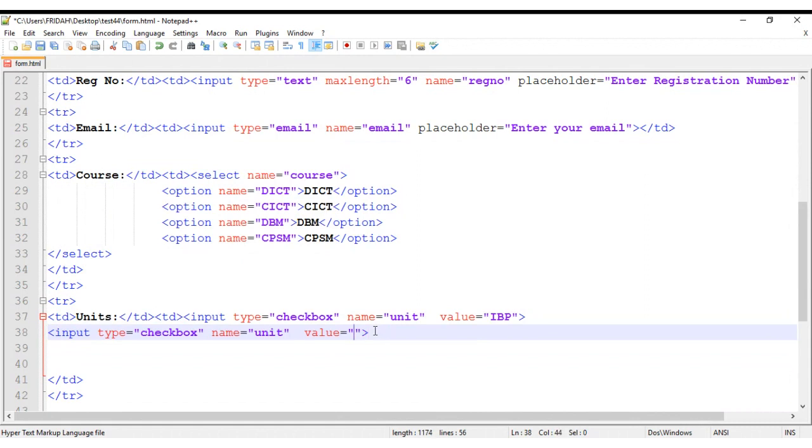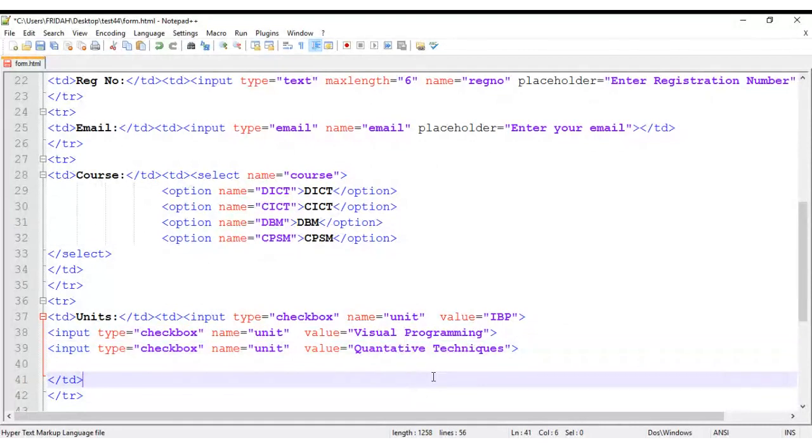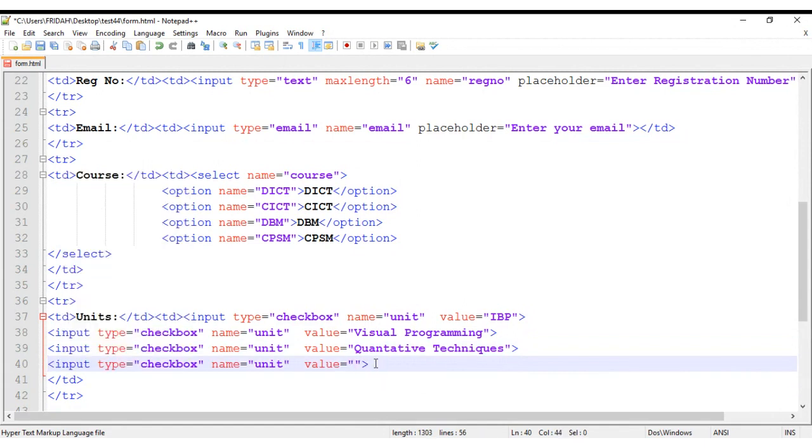Array is equals to programming. You can have is equals to